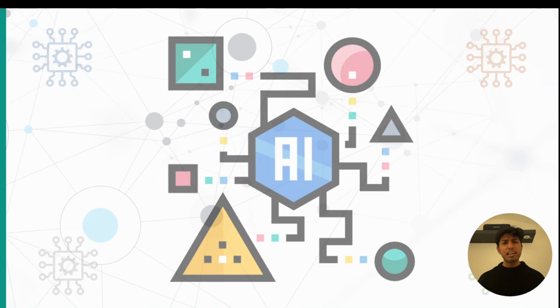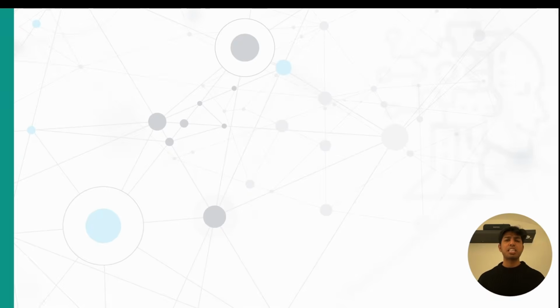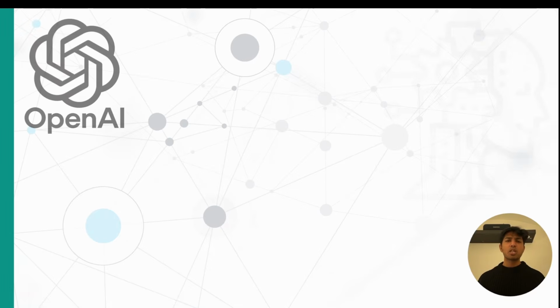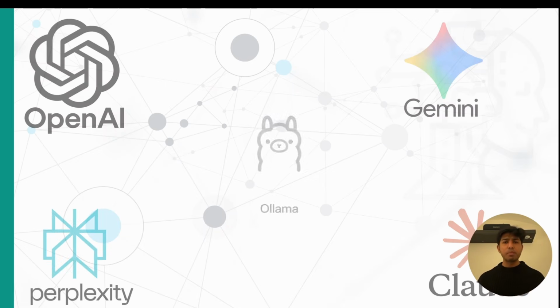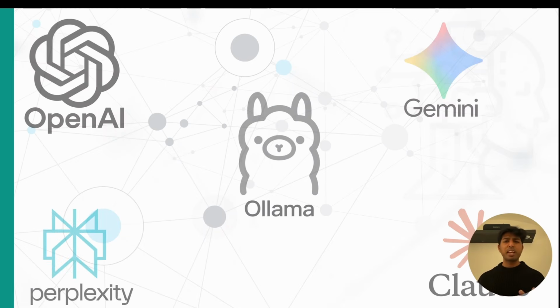By now, you must have heard the big names or big players in the market. That is ChatGPT from OpenAI, Claude from Anthropic, Gemini from Google, Perplexity. There are many other big players in the market. You must have ended up using one of them, asking questions or drafting emails or generating some code.